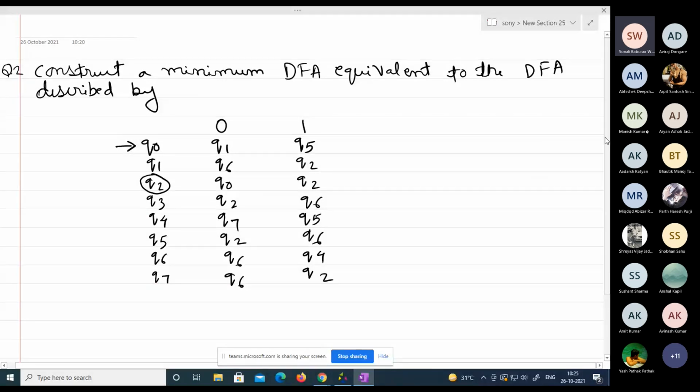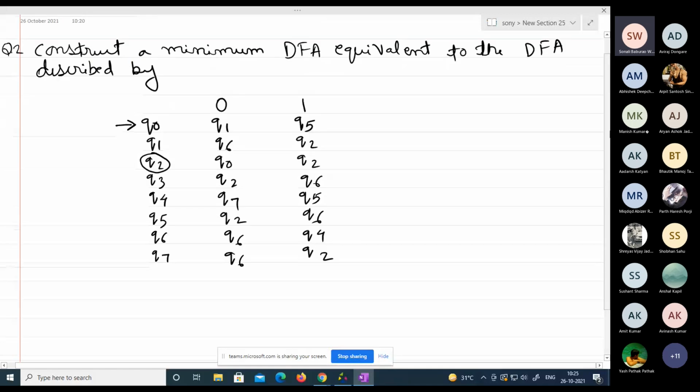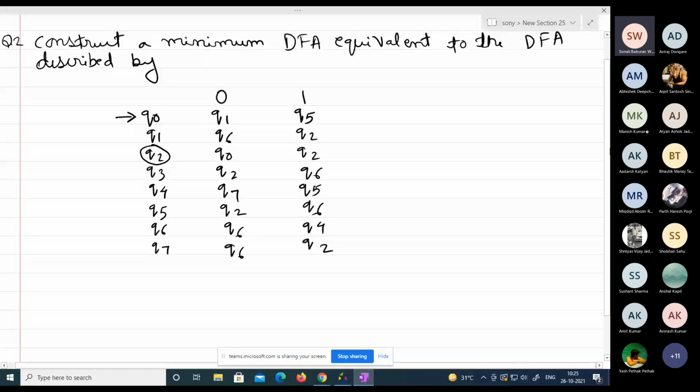Now what is our first step? It is similar to the steps in our previous example. We were given a DFA, and based on that DFA we constructed a state transition table. Our step number 2 was to calculate the equivalence. Over here they have not given the DFA, but instead they have given this state transition table. Based on this table, you have to calculate the equivalence. So let me calculate the equivalence now.